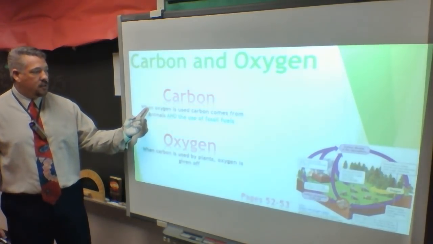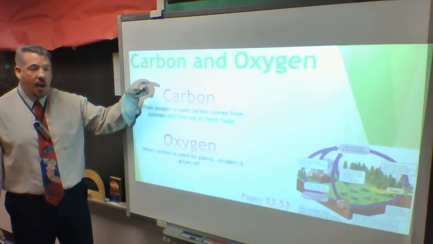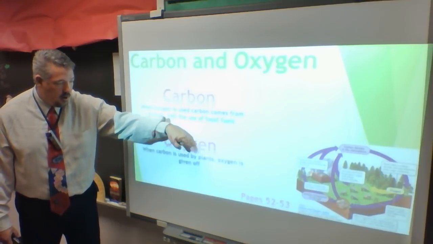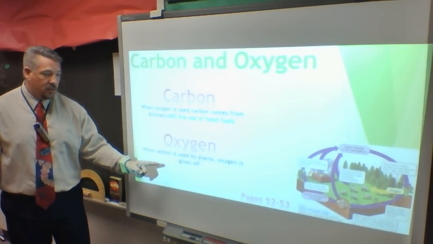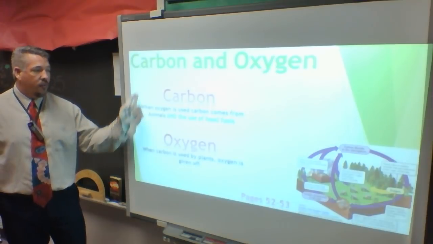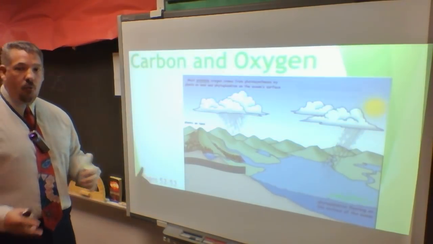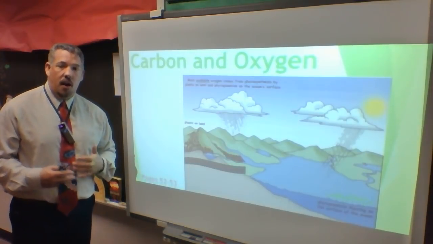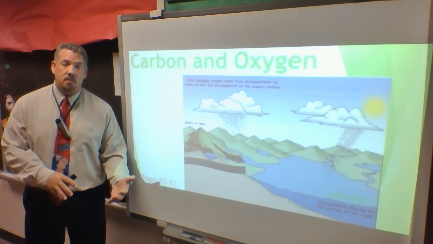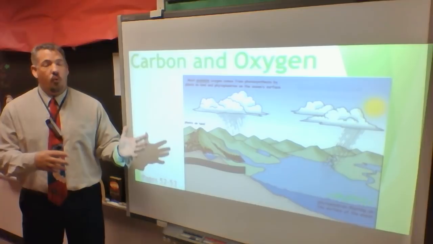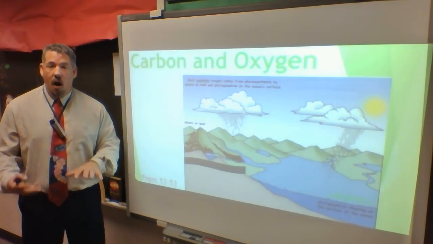Oxygen leaves the plant. Animals breathe it in. Animals exhale carbon dioxide. Carbon dioxide is taken into the plant. Oxygen is given off. And it's a cycle. There's no beginning, middle, or end. But it's vital that we try to find a balance here. And right now we have so much carbon that's being built up on our planet, and we're eliminating our oxygen